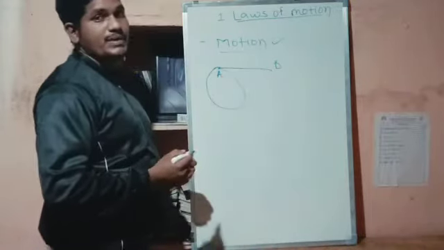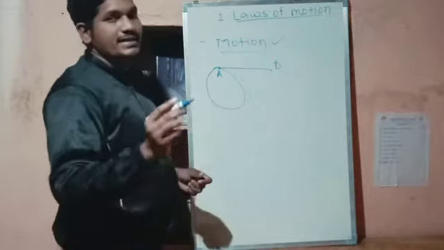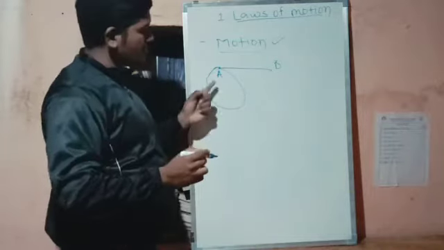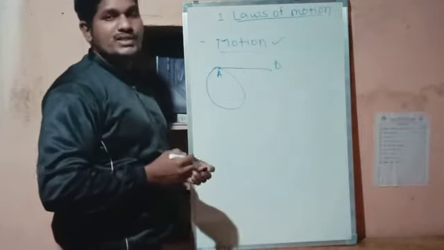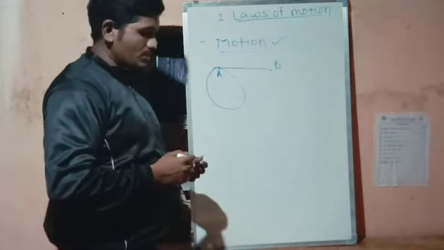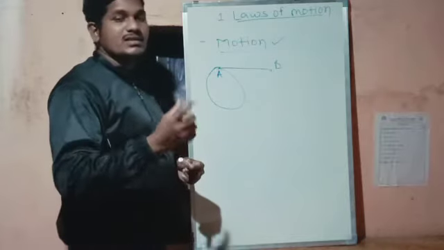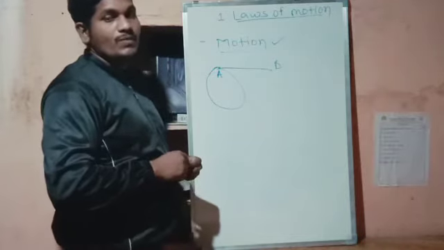So that will be the circular movement, and that is also motion. This will be the circular motion, and this will be the motion in a straight line, or you can simply say the linear motion. So these are the basic terms that we have learned about motion.